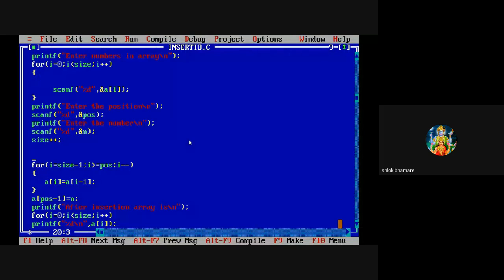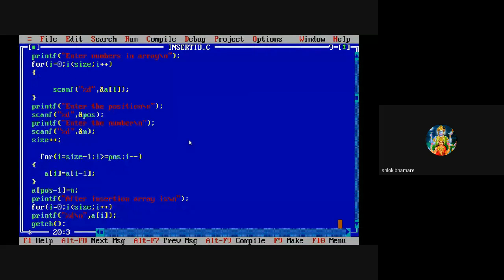So same thing we have done in this code, for I is equal to size minus 1. Why we have taken size minus 1? Because if our array size is 5, our numbers get stored from 0 to 4.